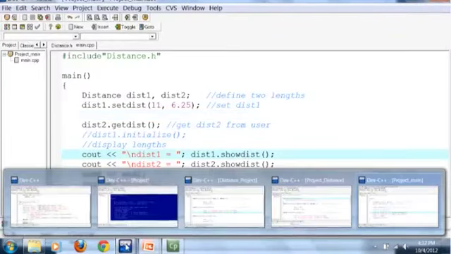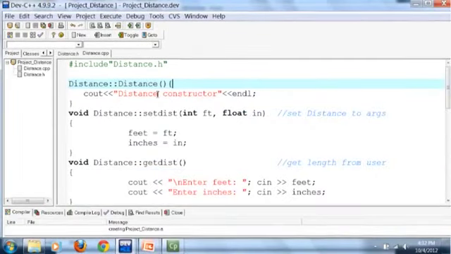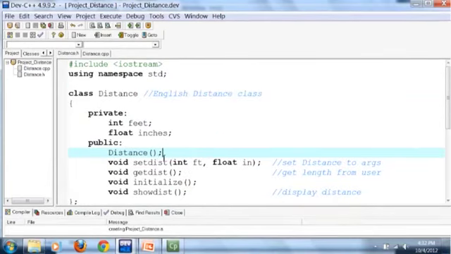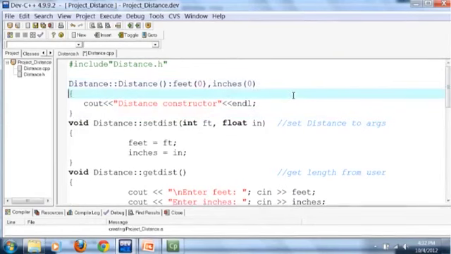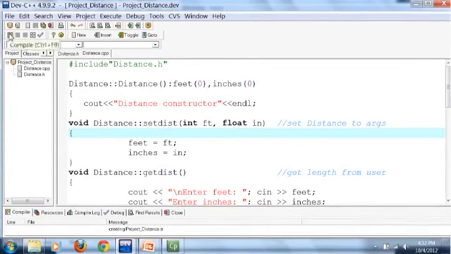Let me check out what is the problem. So this is a constructor. It should be invoked. Distance, yes, everything seems okay. We initialize feet with 0 and we also initialize inches with 0. Control S, compile it. Okay, what I do is